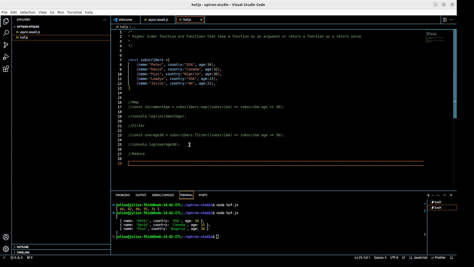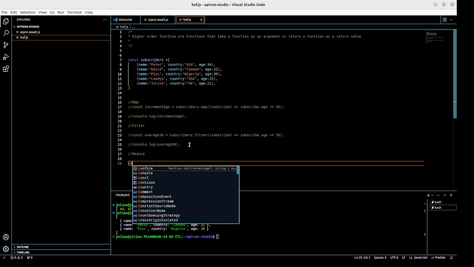This is achieved by applying a callback in each iteration. So for example, you might be required to provide the sum of the ages of all the subscribers,